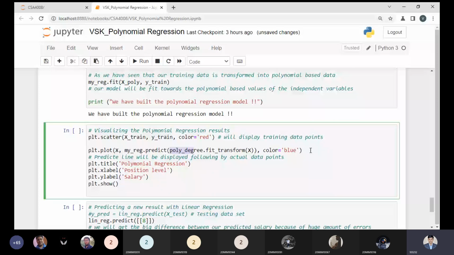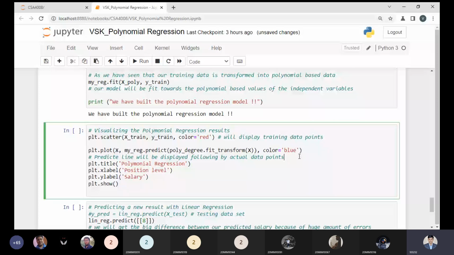So my predicted data points will be plotted and filled by the line only. This will be displayed in blue color and nothing else.